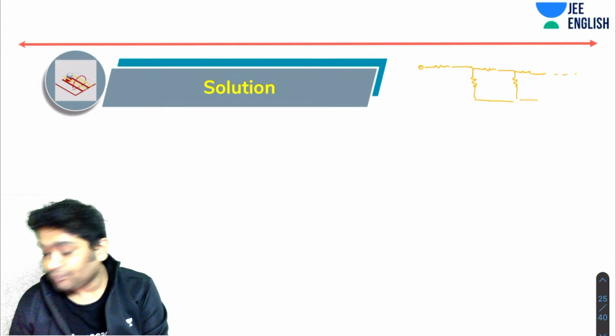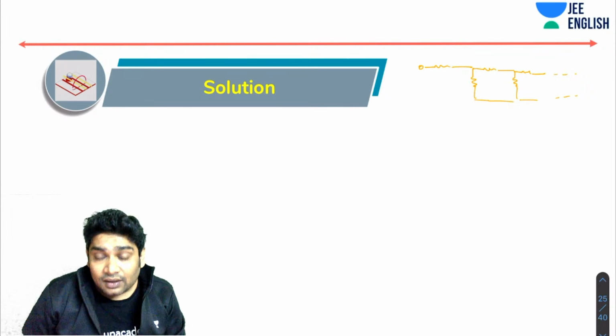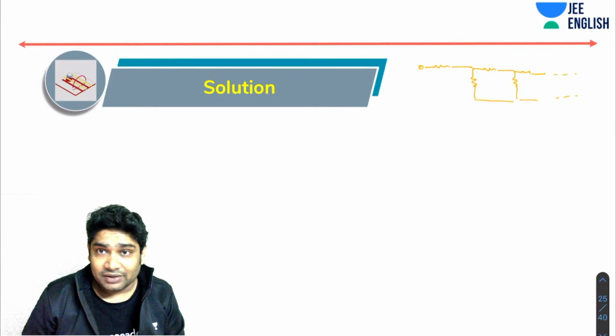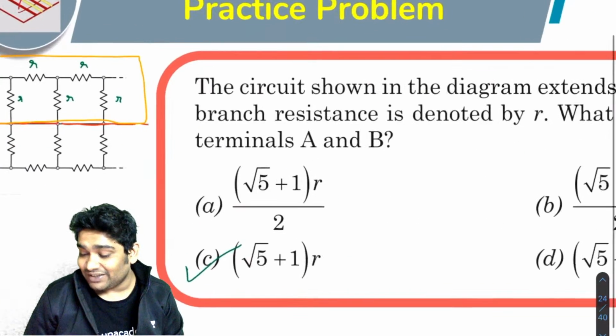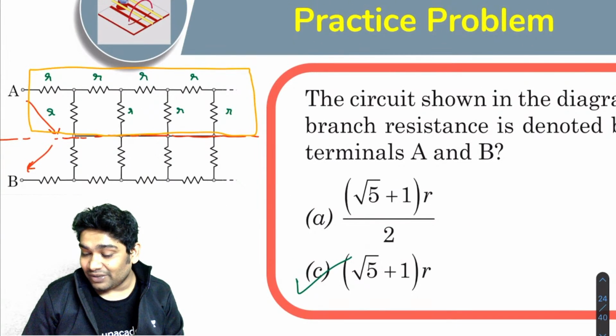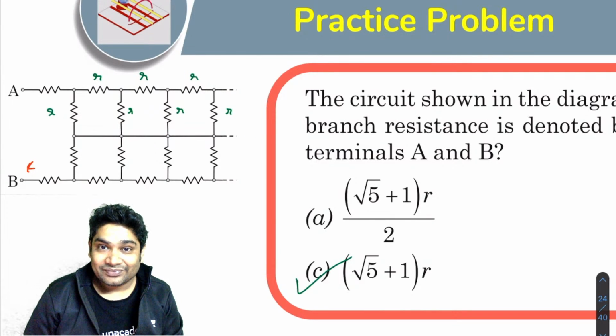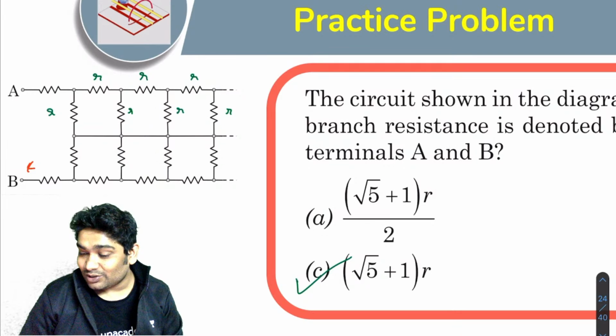Till infinity. Sir, I did it by removing the conducting wire, as current does not pass through it. Yes, absolutely. You could have done it by that also. Absolutely, because all these points would be at the same potential. So Gopi Krishna is absolutely right. You can simply remove this also.